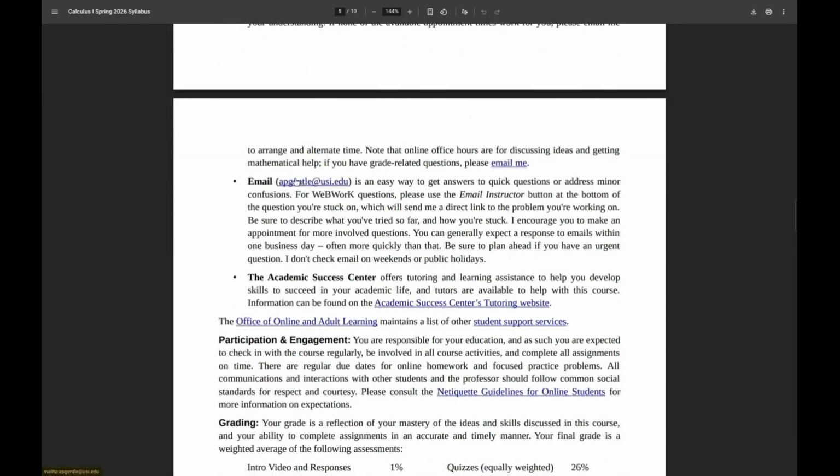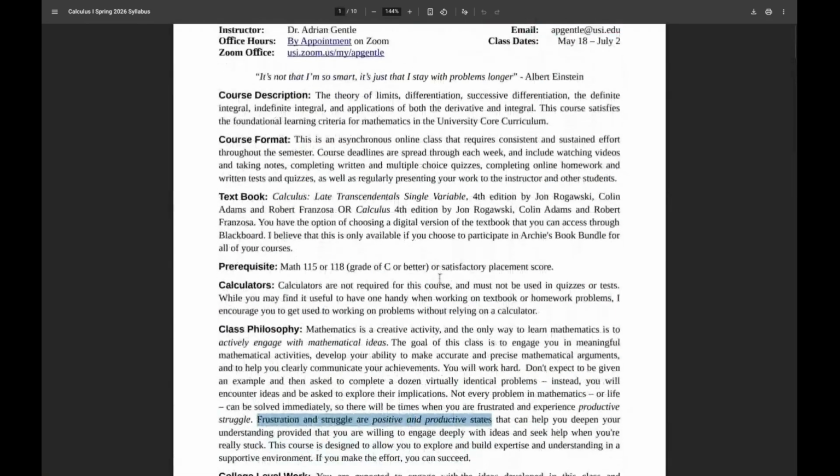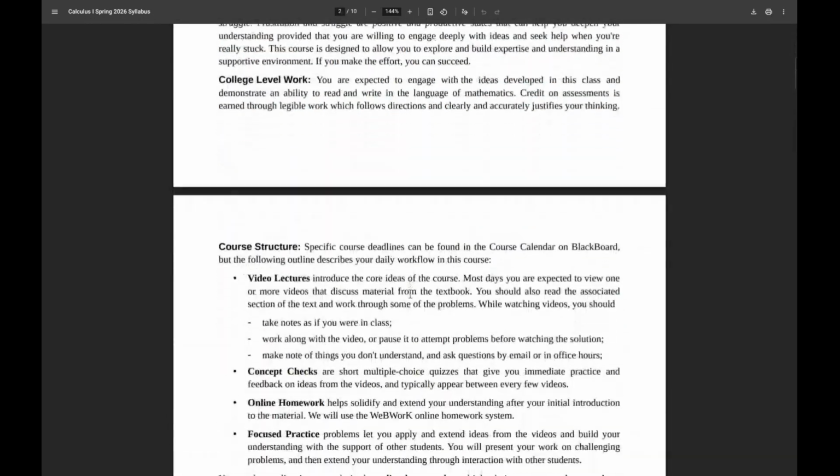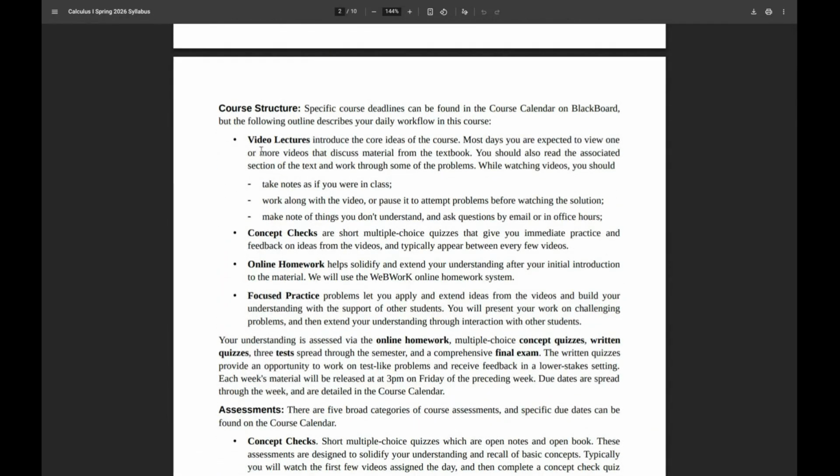You can send me an email. There's also links in the online homework for email that I'll show you in a sec. And Academic Skills or Academic Success also have tutors, so you can sign up for their tutoring through this website, and it is online. So you can access tutors for free online as part of this course. The course structure itself, each day you're going to watch some videos. So you're going to watch the videos, you're going to take notes, as I said before, right? Work along with me in the problems, make note of things you don't understand. You can send me emails, you can work through them later, you can look in the textbook. You should be working along in the textbook as we work on this stuff as well.